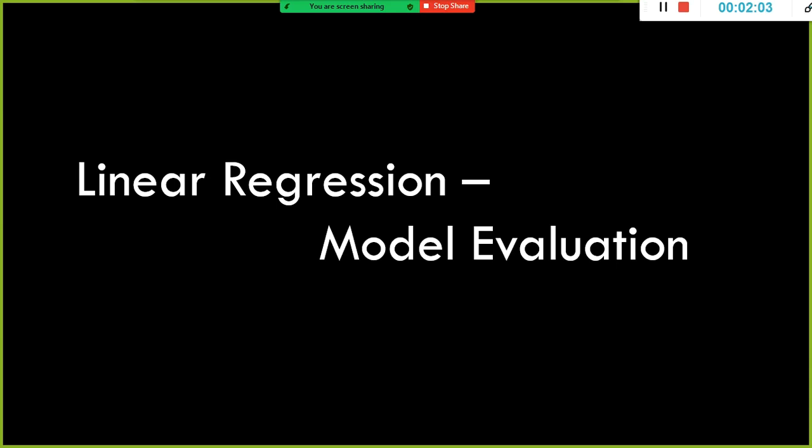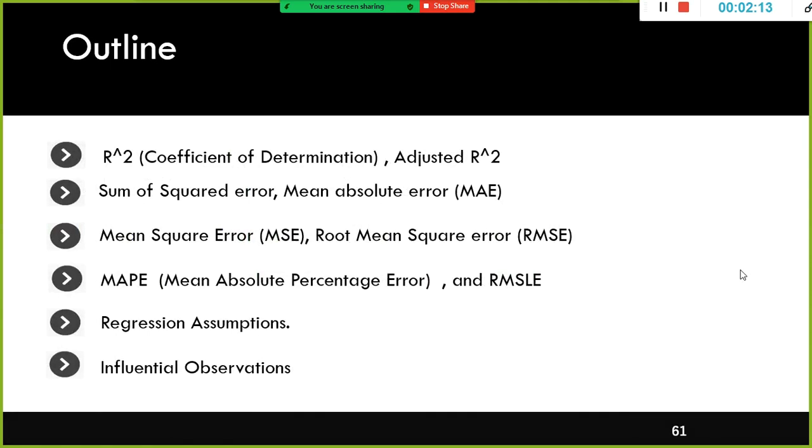Feature selection is one of the important tasks that has to be done as part of the model implementation.